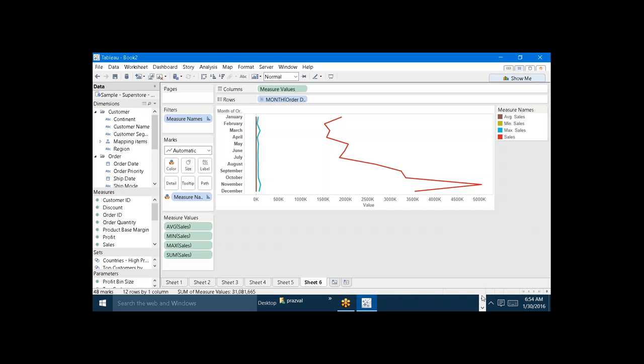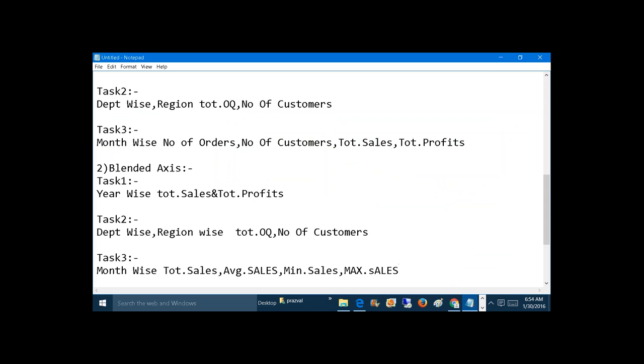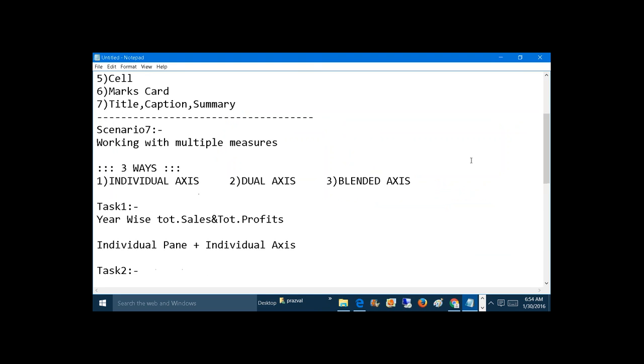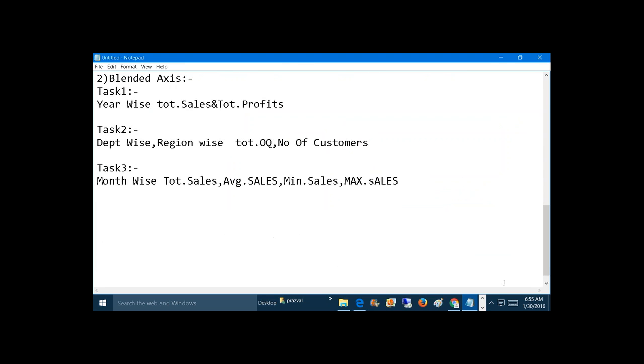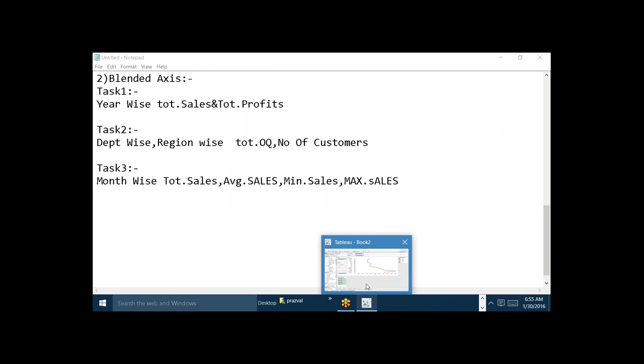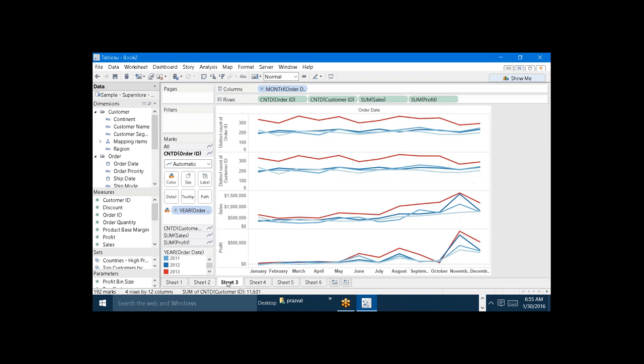And the last way to work with multiple measures is dual axis. The third way to work with multiple measures is dual axis. So what is dual axis? So what is the individual axis doing? The individual axis is displaying each and every measure with a separate axis and on a separate pane,